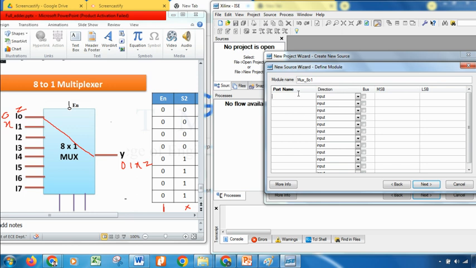Click next. Specify the ports. Here I have the following ports. Look at the presentation. I have eight input data lines. Instead of taking eight scalar inputs of single bit size, I'll take one input I, which is of vector type. I'll make MSB as 7 and LSB as 0. So instead of taking 8 scalar 1-bit inputs, I'm going to consider one input I, which is of